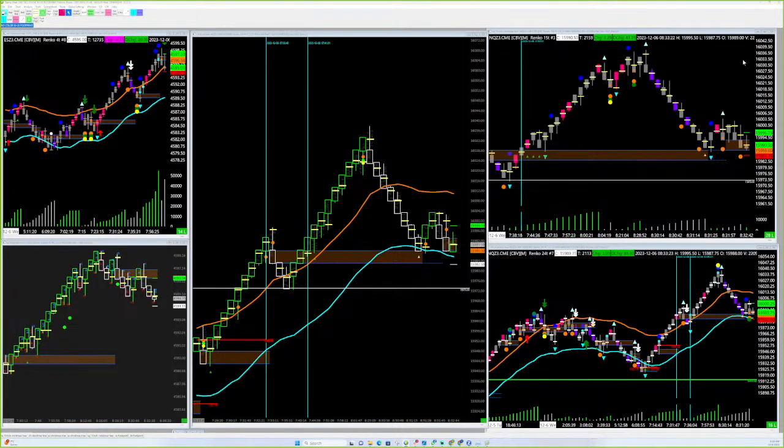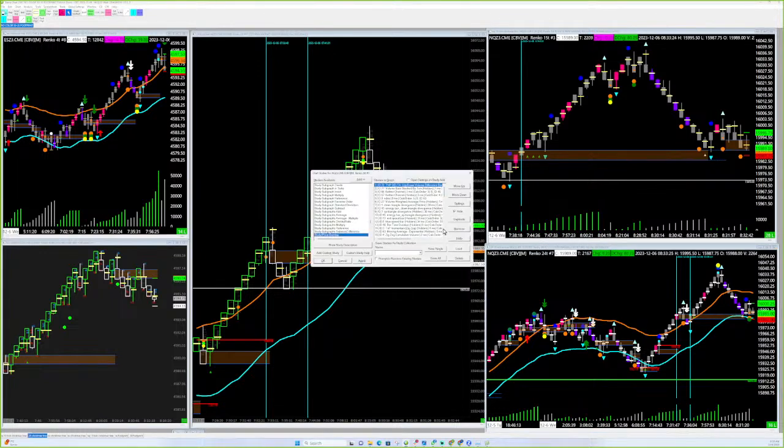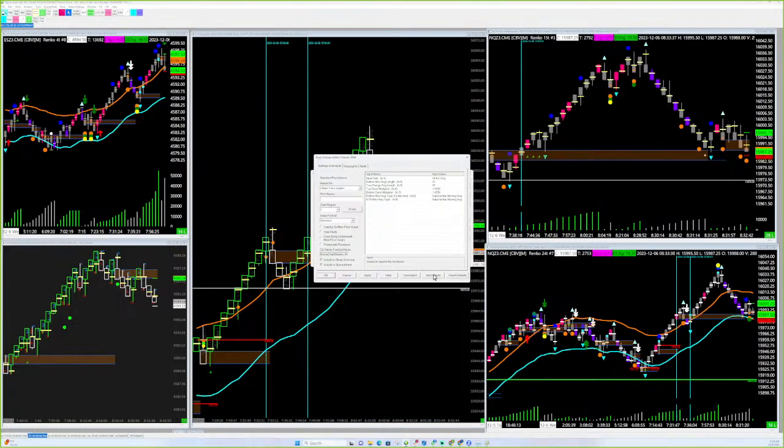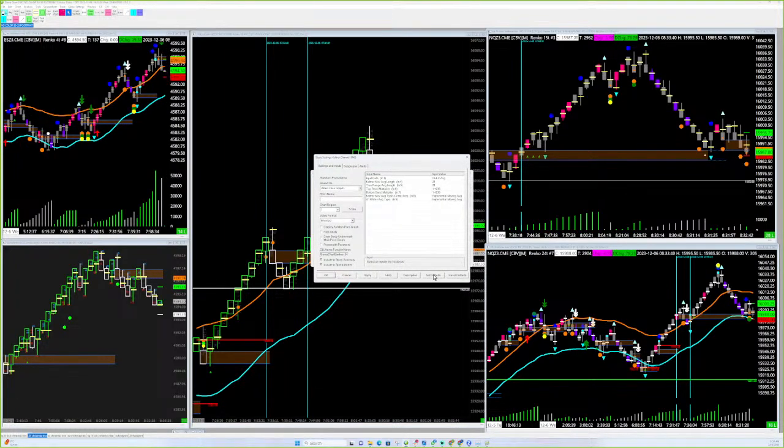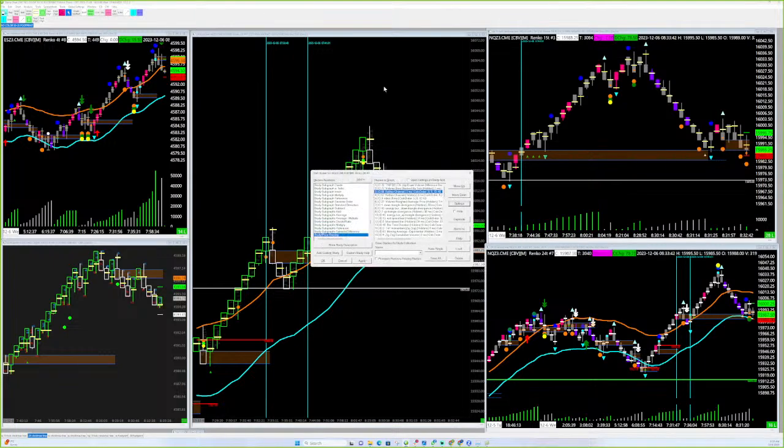F6. I don't know why it's doing this. Here we go, F6. Go to ID 66 on your 24 tick. Okay, and go to settings. And then hit set defaults. Okay. And then